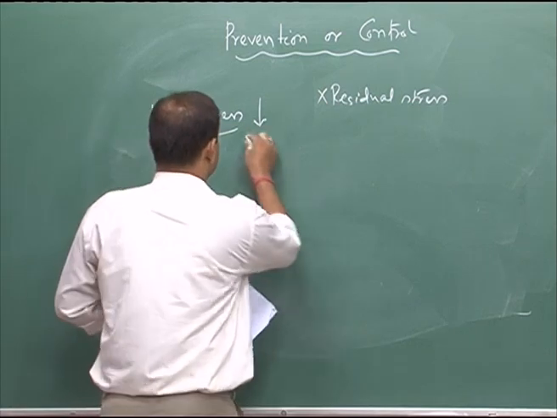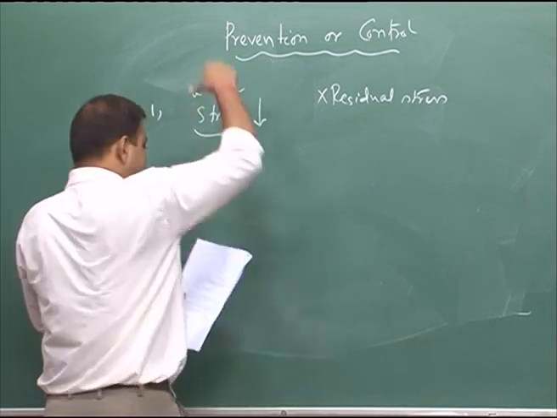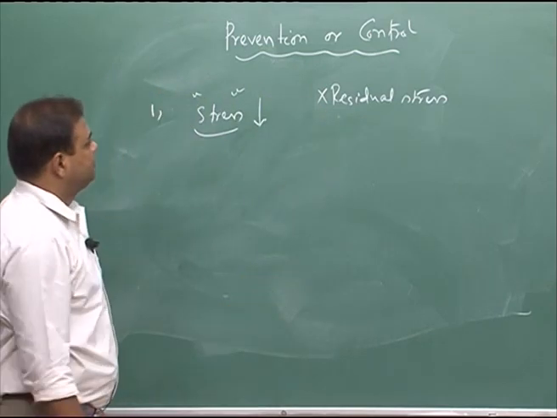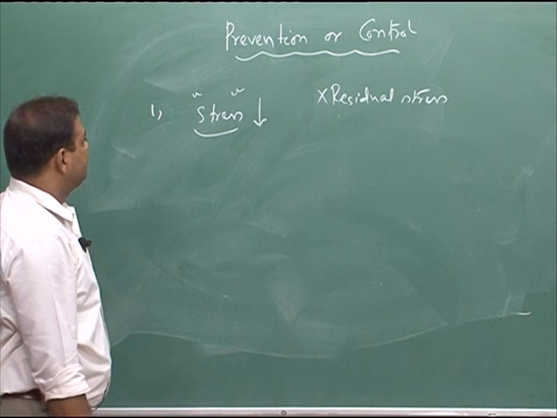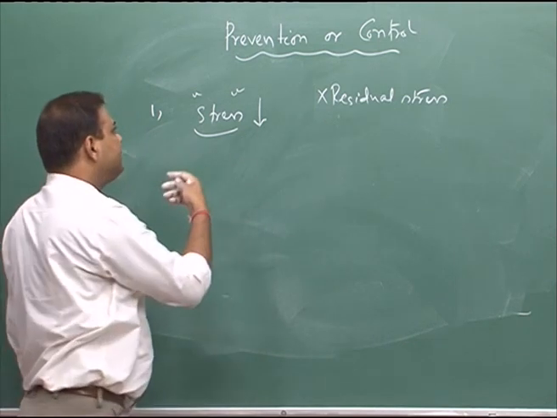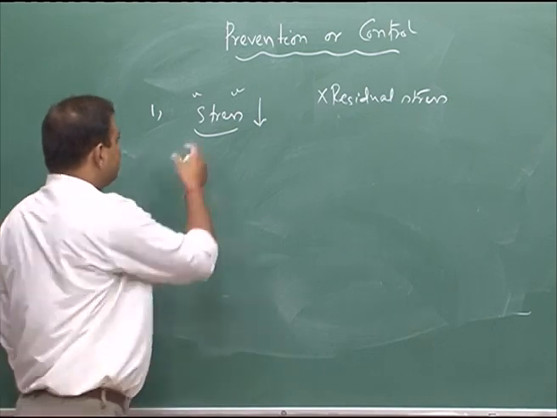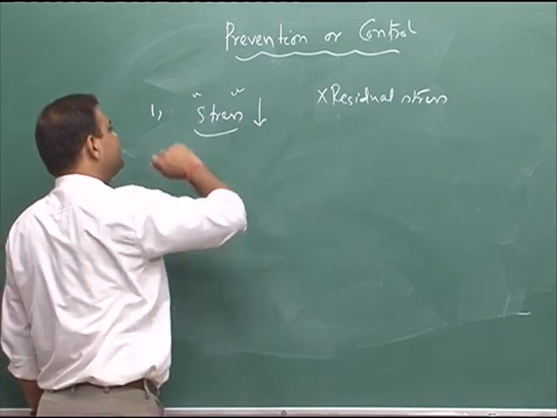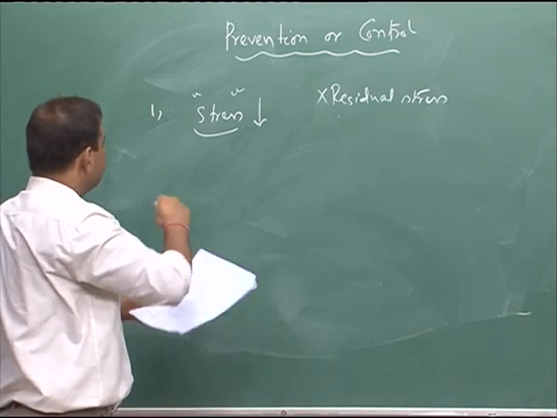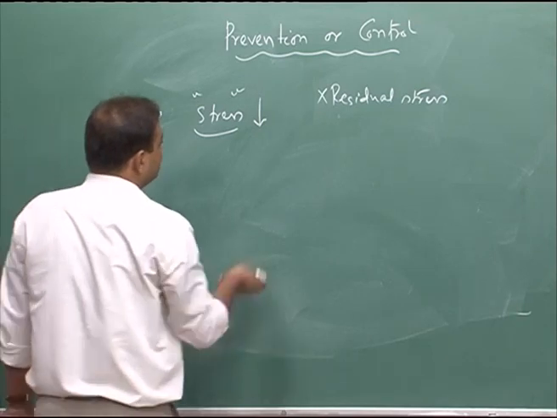The actual load component residual stress needs to be removed by low temperature annealing, but if there is no residual stress, still you would like to prevent SCC and you would not like to decrease the actual design stress,